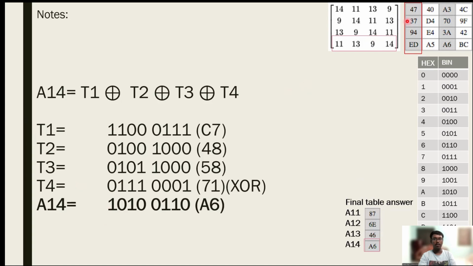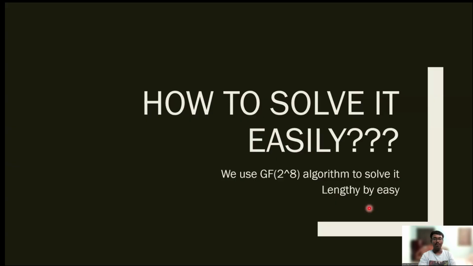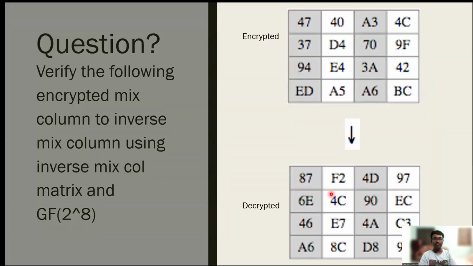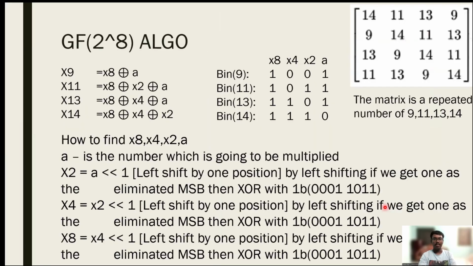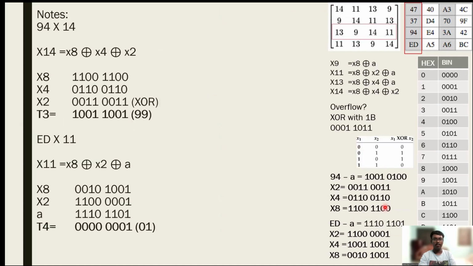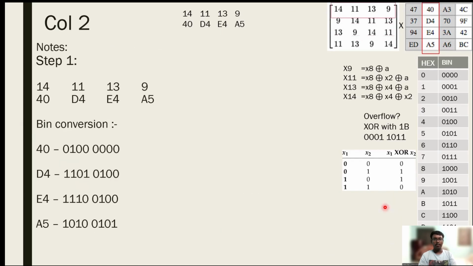Now I have done it for just one row. I guess we are getting all the answers correctly. And we have the answer at the beginning. We have got the answer here. And we are going to try for this, and you are going to get the answer. So for that, I will give you a kickstart on how to do that. For the intermediate value for you to check, I have